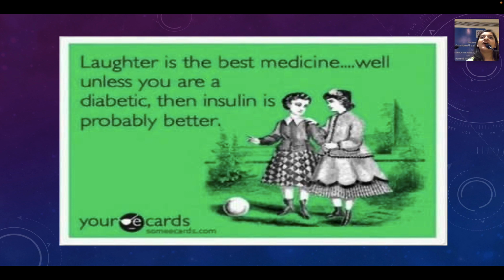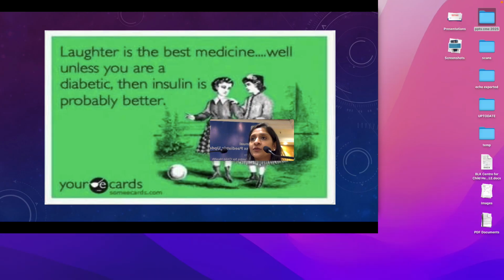So I hope at the end of this one day CME, at the end of this day, everyone is walking out wiser, intrigued, motivated, nevertheless entertained. But it takes an entire team